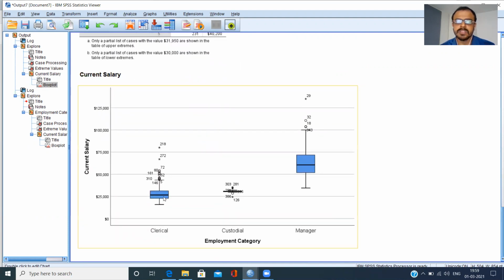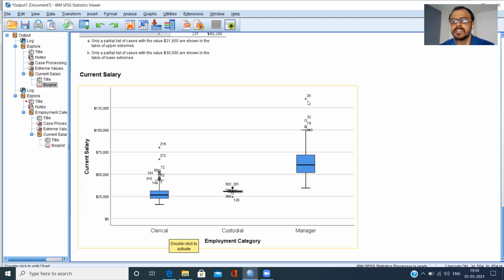Very interestingly, you see three different box plots, one corresponding to clerks. You can see quite a few outliers here. Case numbers 218, 272, and 72 happen to be outliers for clerks. Very interesting. For custodials, case numbers 303 and 281 are considered outliers. You have other sets of cases as well.